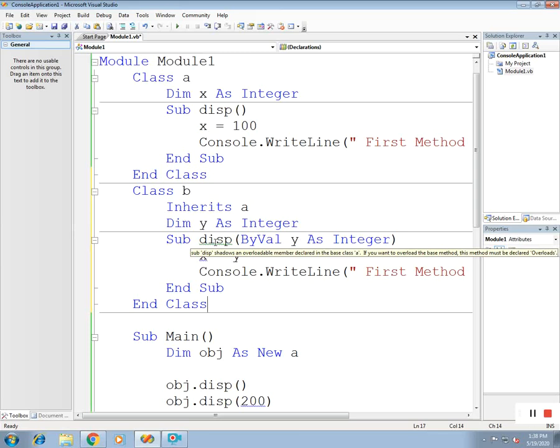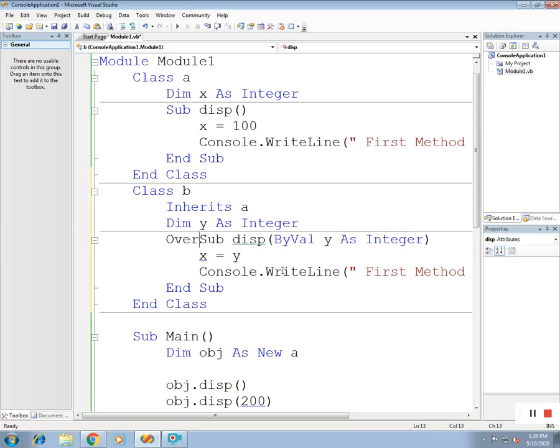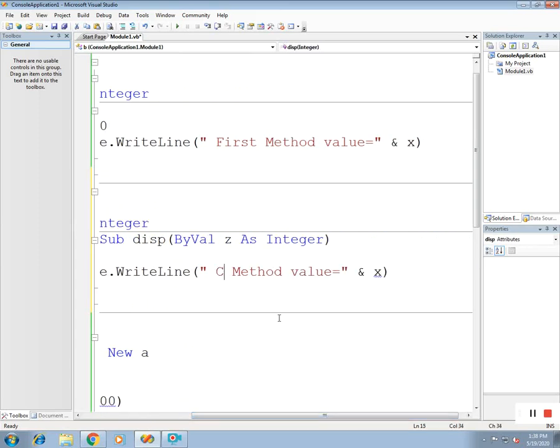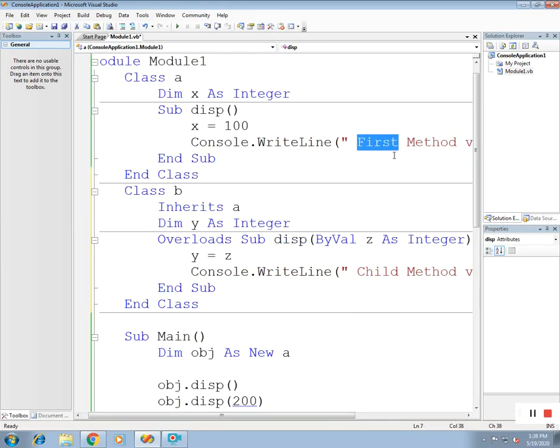Now you can see sub disp shadows an overloadable member declared in the base class A. That means it is mandatory to write Overloads. And y is equal to, name it as z, y is equal to z. And this is the second method, that is the child class. Child method value of y, and this is the base method.